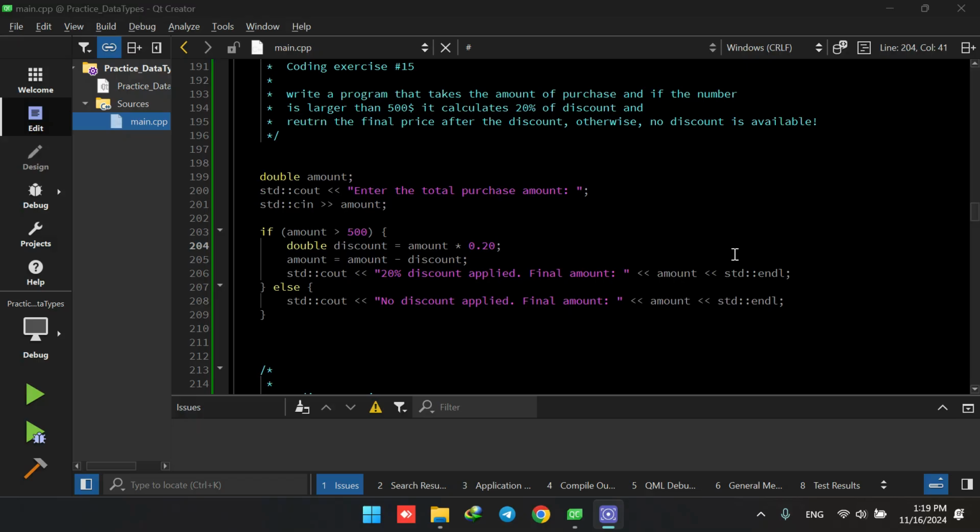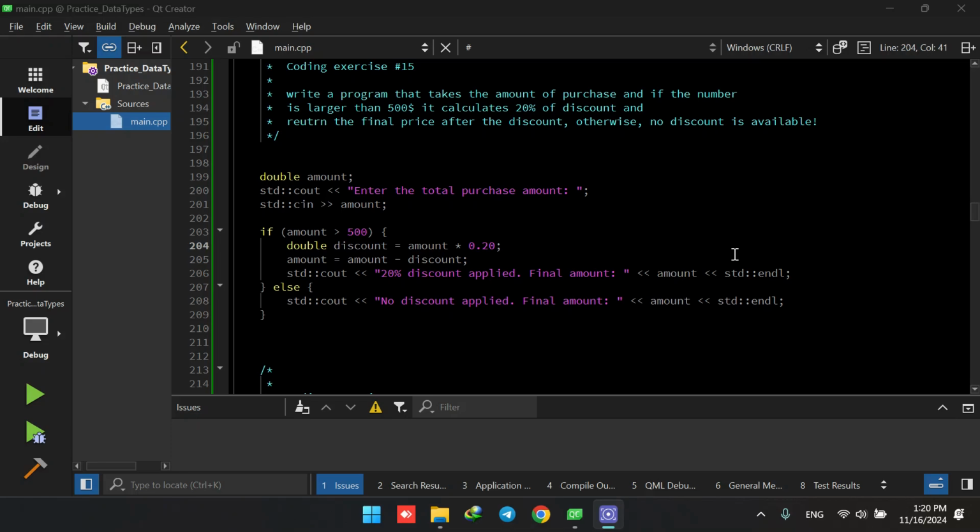For example, anyone that goes beyond $500 when they're purchasing our products like t-shirts, we can give them a 20% discount. However, if the amount of the purchase of our customer is lower than $500, no discount is available. So now we want to design a program that computes this amount of discount, considers it, and gives us the final price that we need to ask the